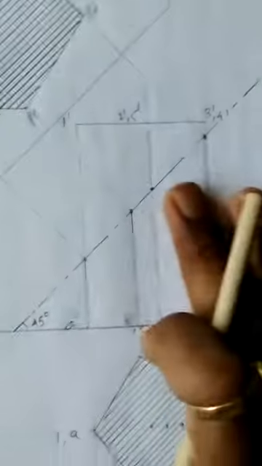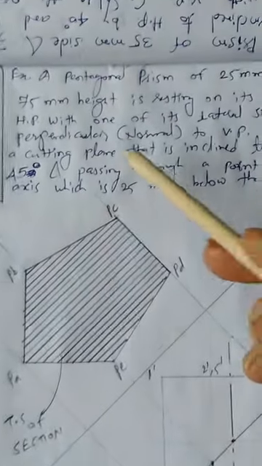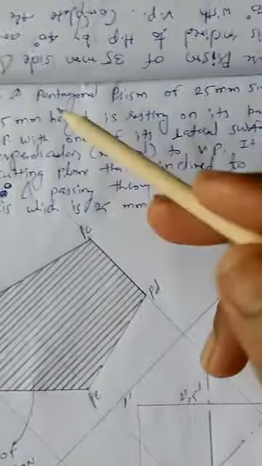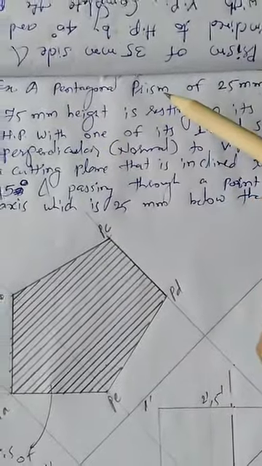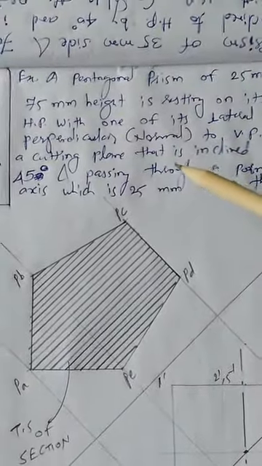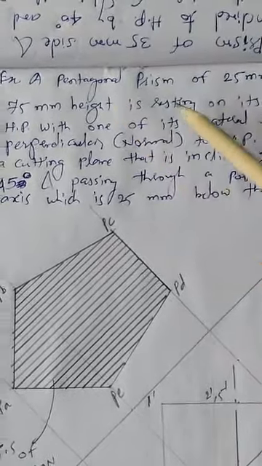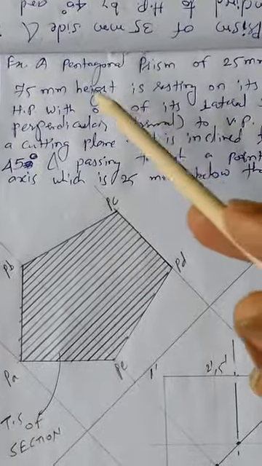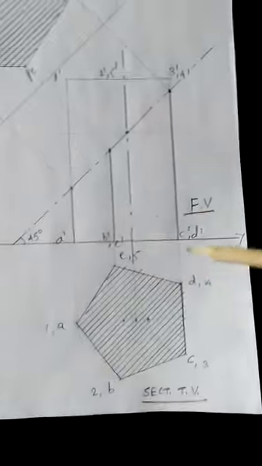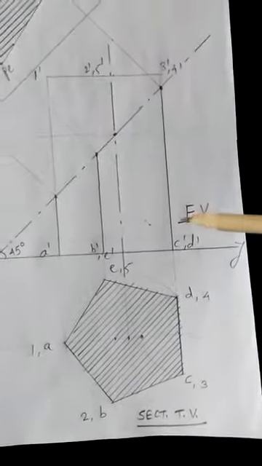Now how should we proceed? First of all we should find which kind of solid is asked here. That is a pentagonal prism. This solid we are going to cut. Sectioning is nothing but cutting that solid into two parts. Now, pentagonal prism with 25 mm side and 75 mm height. With these parameters we should initially construct its first set, that is front and top images.